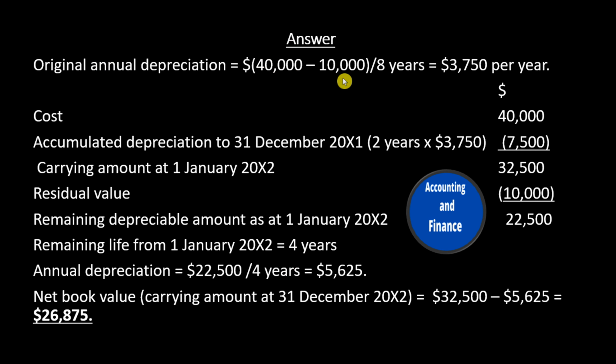$40,000 minus $10,000 divided by 8 years equals $3,750 per year. Cost: $40,000. Accumulated depreciation to 31 December 20x1: 2 years times $3,750 equals $7,500. Carrying amount at 1 January 20x2,